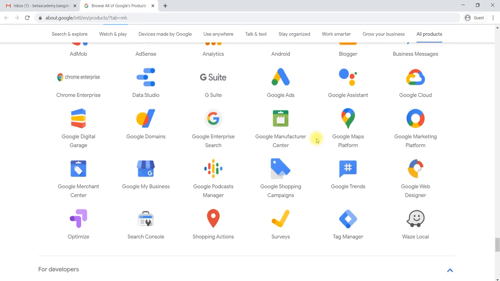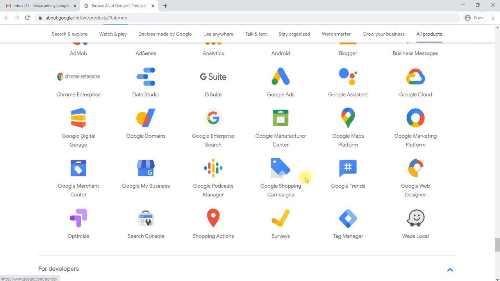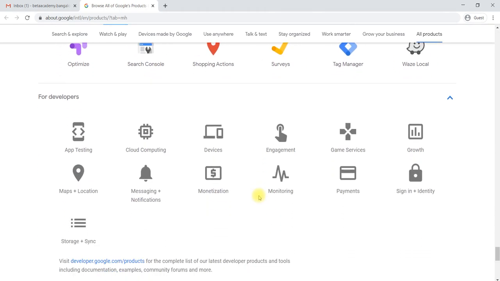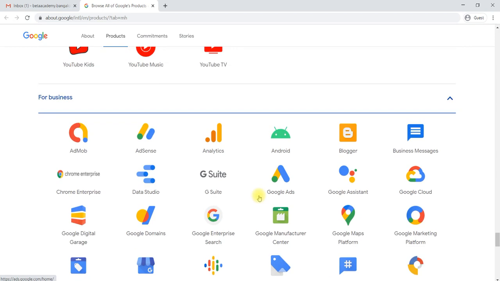A few of them are very important. Google Surveys is to do a survey. Optimizer is to make your site better, and we can do A/B testing using it, which comes under digital marketing. These tools we are going to learn in detail, one by one.